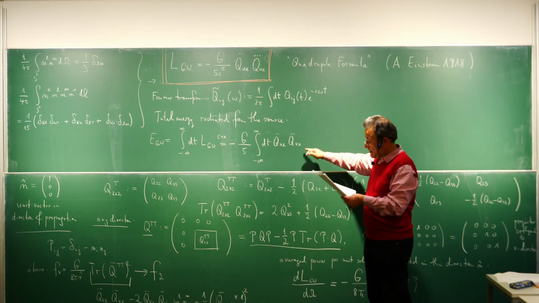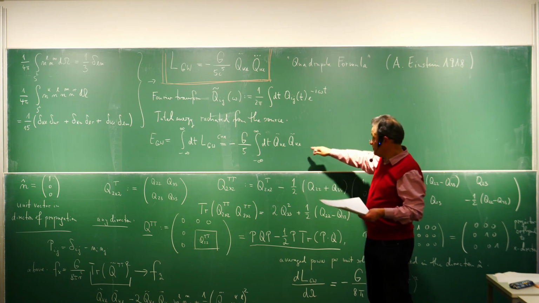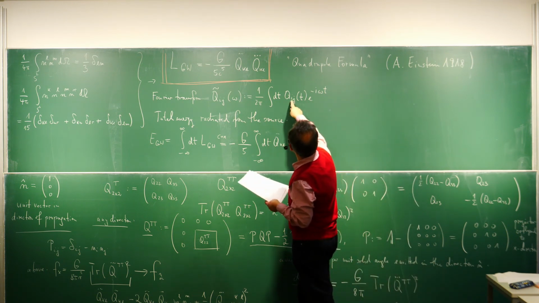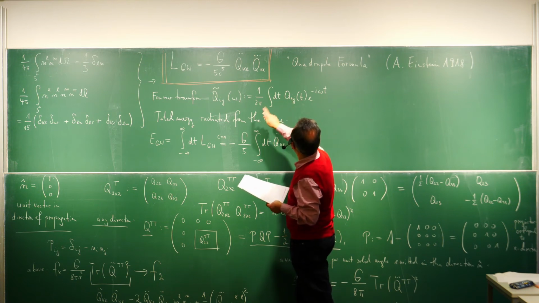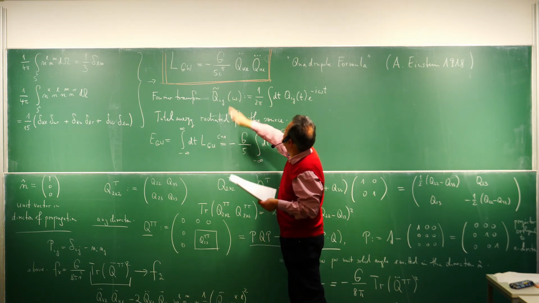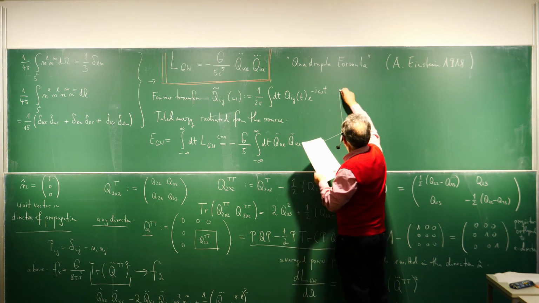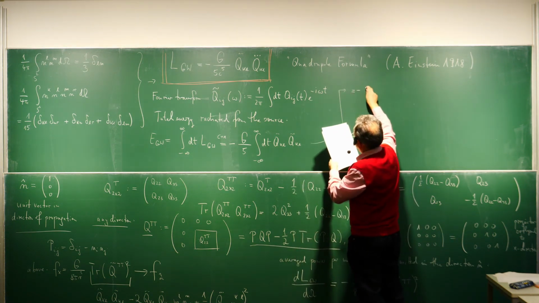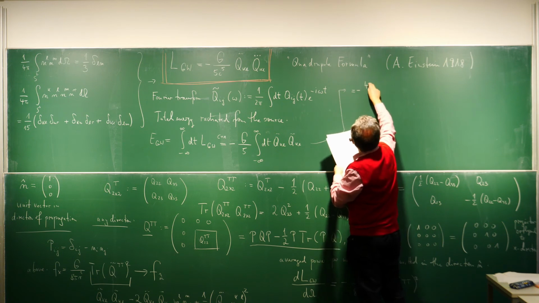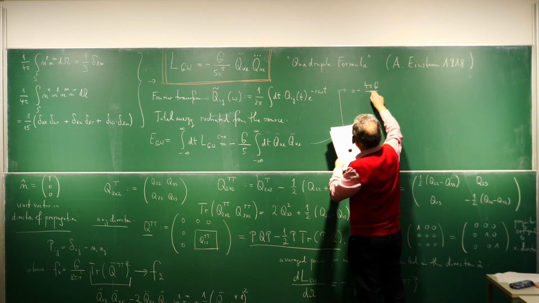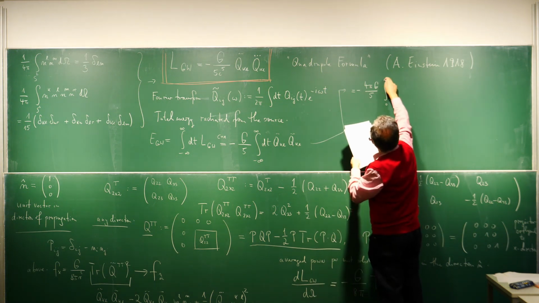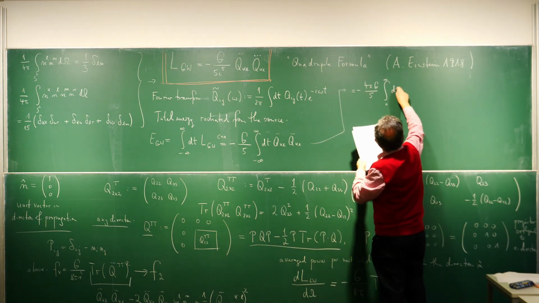Now we can formulate this with the help of the Fourier transform. So we use the relation between Q_ij of t and its transform, so that we can write this as minus 4 pi G over 5,